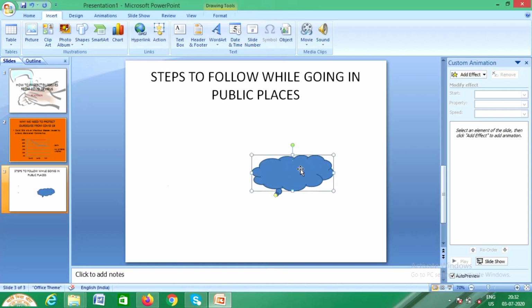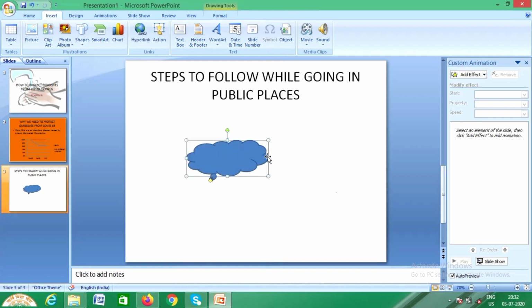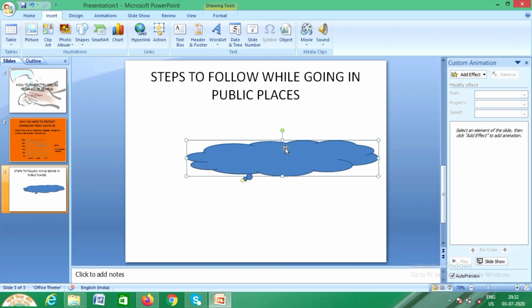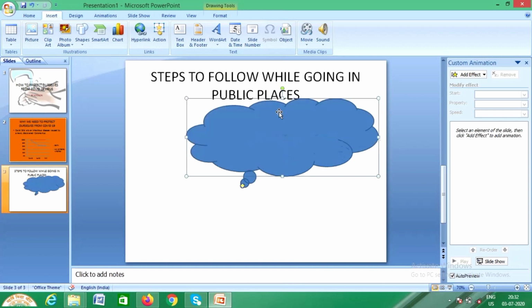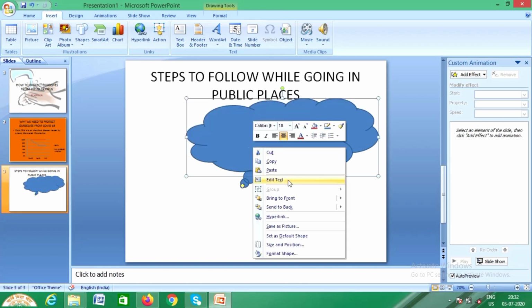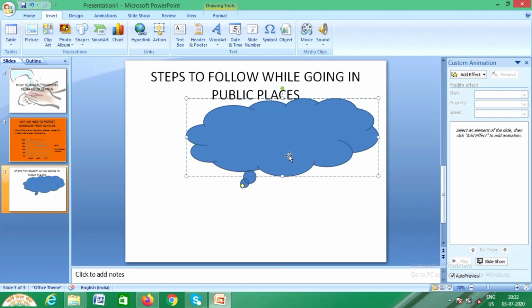So this is a shape I have given, and then I'll be editing, I mean writing the steps to follow inside the shape. First step: wear a mask and gloves. So we should wear a mask and gloves while going to public places.